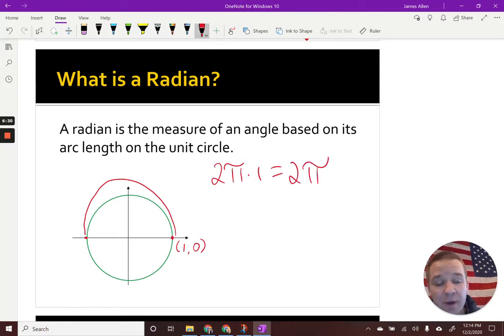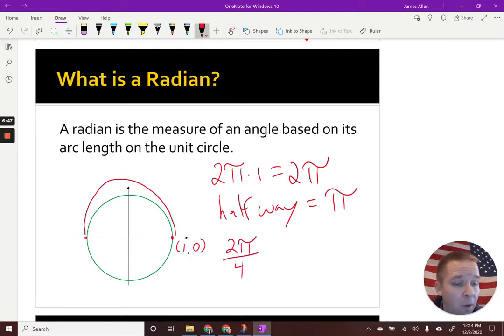And if I only go halfway around, that's only going to be pi. Well, what if I go a quarter of the way, right? So that would mean that I'm doing 2 pi divided by 4. All right, so I'm going to have pi over 2 for a quarter of the way around